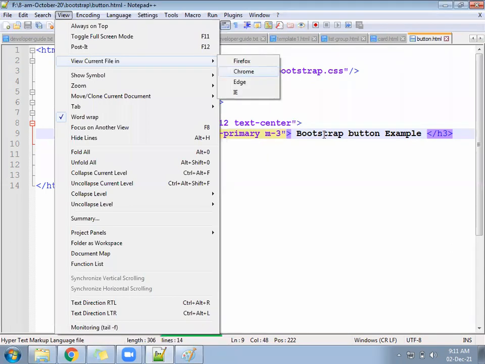Text center is the class, it will print in the middle.